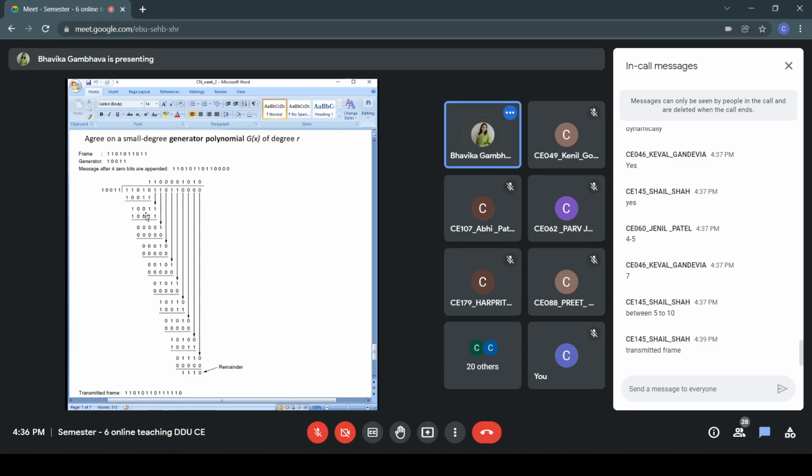You will do XOR operation gradually after taking number of bits. Then whatever is the remainder, that we are inserting here. See, this is the frame and these 4 bits are inserted here. Either you can give me just the remainder initially, and afterwards it just needs to be appended at the end. So you have to write the program where these 2 values will be given to you. You have to find the remainder. That is the first immediate task. Do you think you will be able to do this?